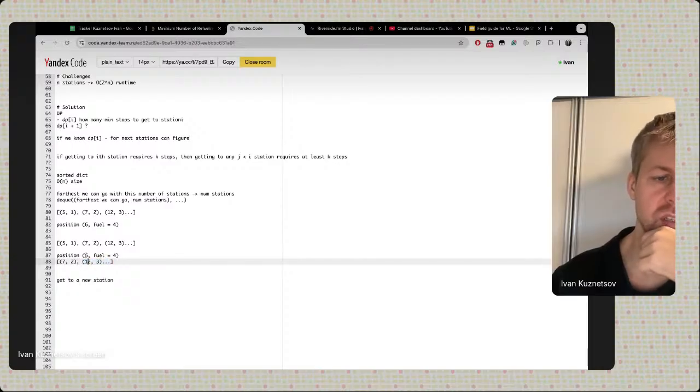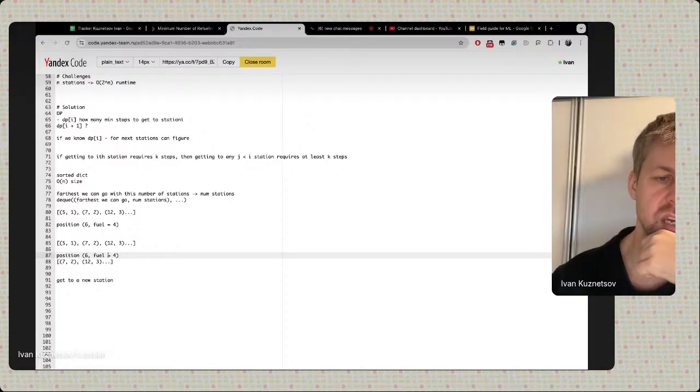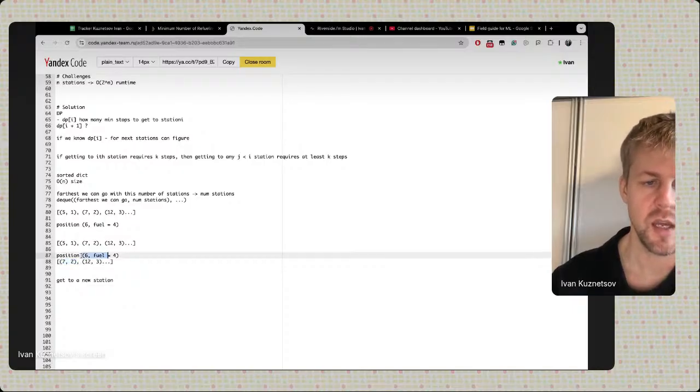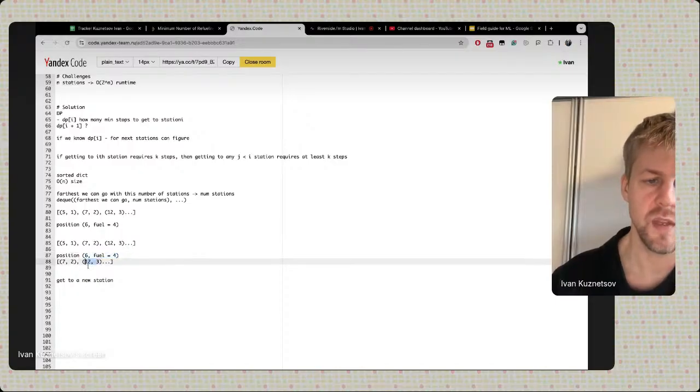For example, here we are at position 6 and we have 4 fuel, so we can get to position up to 10 with just 4 fuel. So it would be position 10 with 3 stations, right? Because we got to this position with 2. We know that from the first element in our double-ended queue. And this means that we can get to 10. So then we start checking